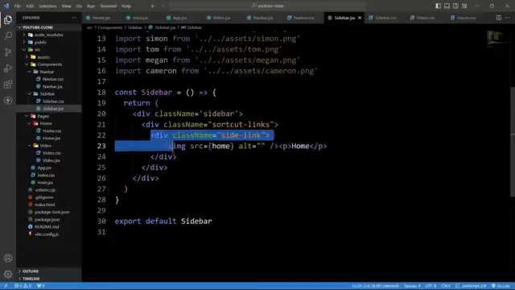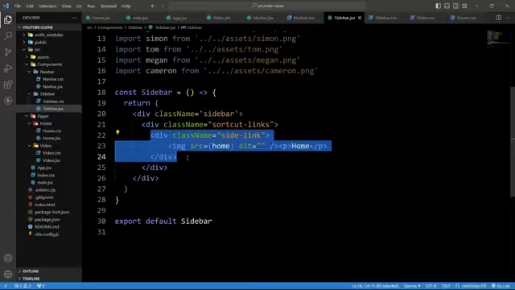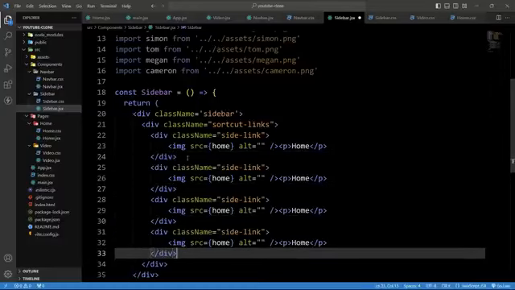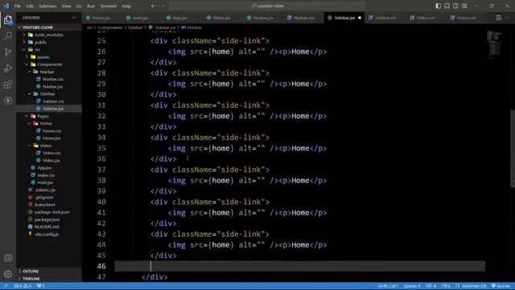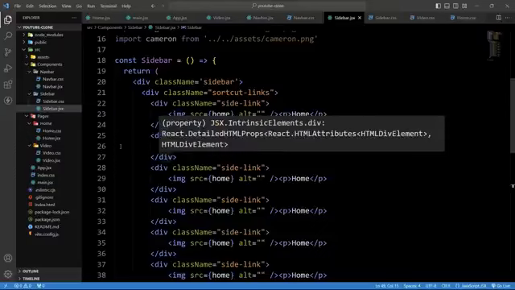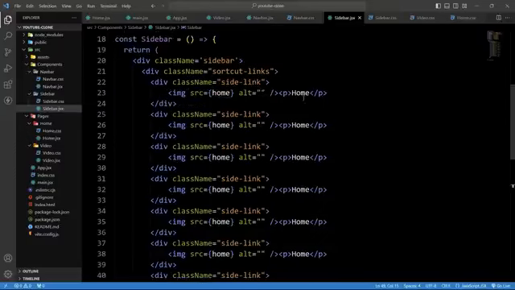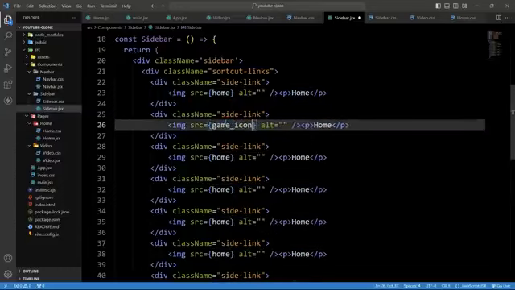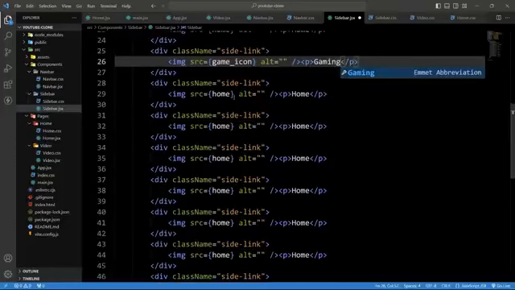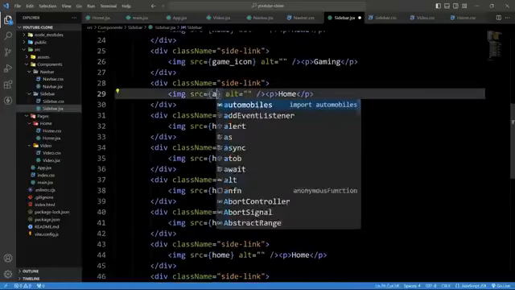After that, let's create the copy of this side link. We will create total 8 copies. So just copy and paste. After that we will add one HR tag. So in the first one we have the home icon and the p tag is home. After that we will update the image, it is game icon, and here we will add the text in p tag, that is gaming. Similarly we will update the next image, that is automobiles,